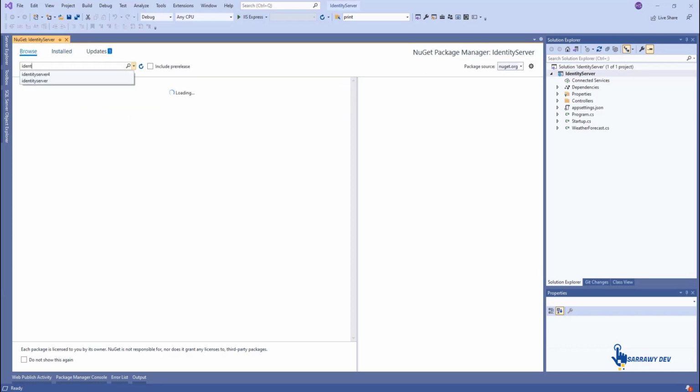Let us now add the required NuGet package, Identity Server 4.